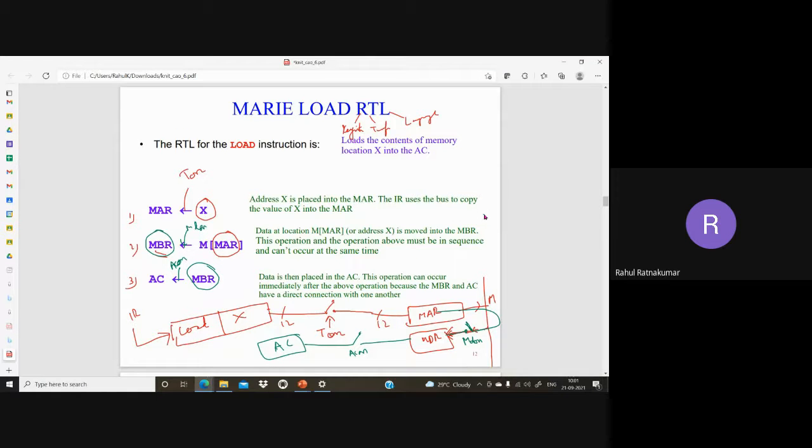Now all this RTL represents the data transfer happening because some switches, some MOSFETs, are getting turned on and off. This can be 16 bit, this can be 12 bit. Okay, so basically all these switches are turned on by which unit? Control unit. So the control unit is controlling the data transfer using these simple switches: T on, MD on, A on. It's up to the designer or architect what name you give, but it should be easily understandable.